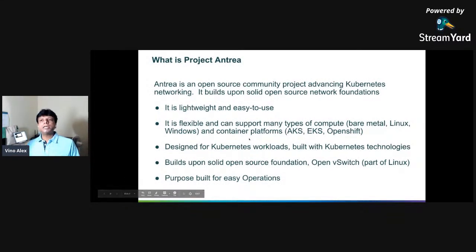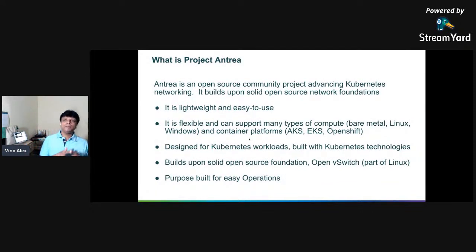It's flexible and can support many types of compute. It will work on bare metal and on Linux, and heavy development is currently happening to port it to Windows also, because Windows containers are slowly getting traction. So the Antrea CNI scope is extending to Windows also.